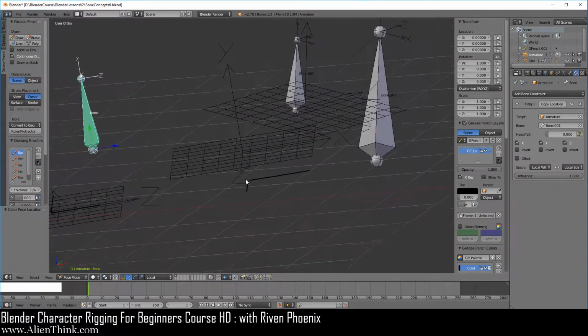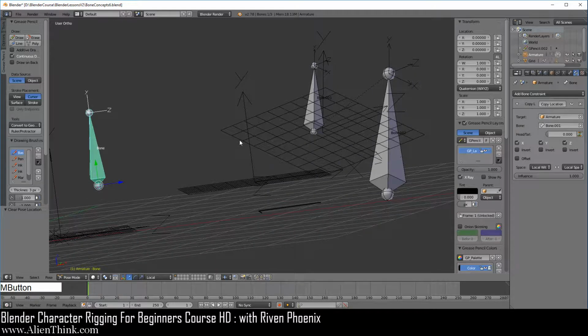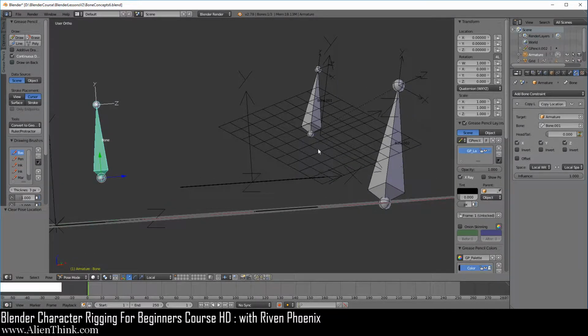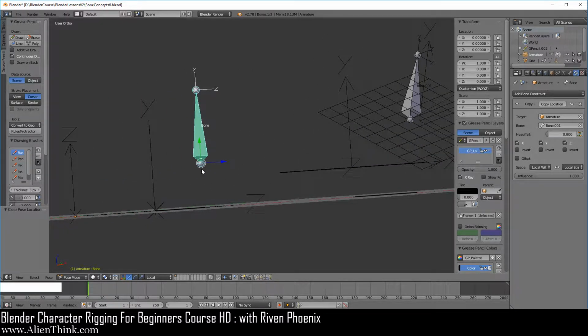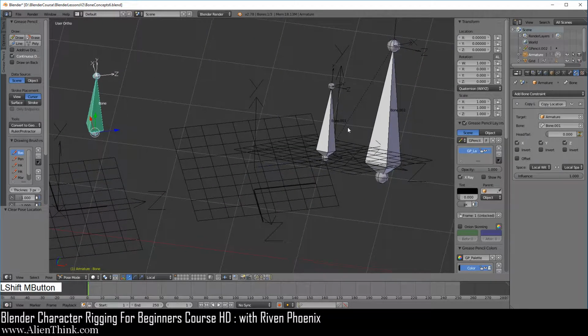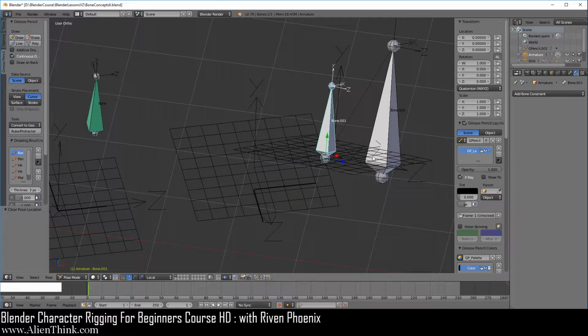So what is happening is that if you take a look, you can see that along the y-axis, this bone has moved up. So that information is being handed off to this bone. So this is how this works. So this means that this bone is actually talking about two things.